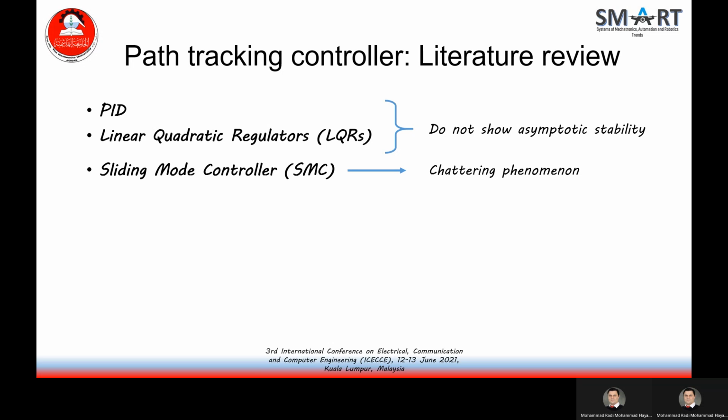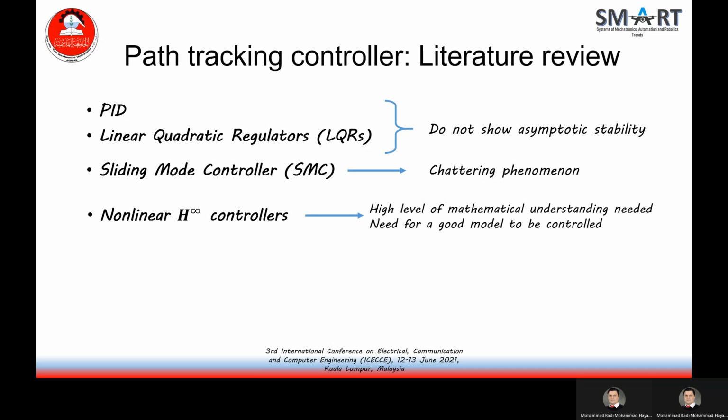Also, the sliding mode controller combined with an adaptive law based on the certainty equivalence principle was used to deal with uncertainties in a quadrotor motion. It is known that sliding mode controller schemes use a sign function to switch between modes or sliding surfaces, which leads to the chattering phenomenon.